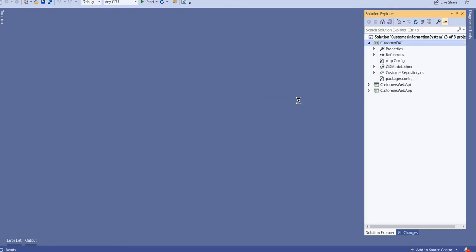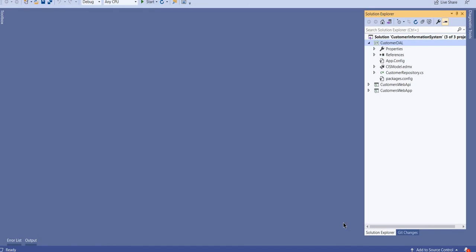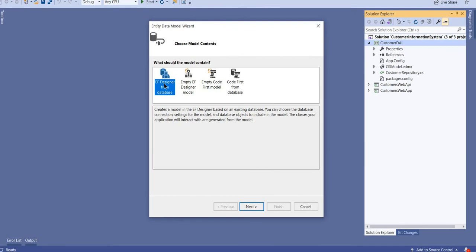new item, and you have to select this ADO.NET entity data model. You have to give some name, like I am creating customer model. Okay, fine, click add, select this one, designer from the database. Next,